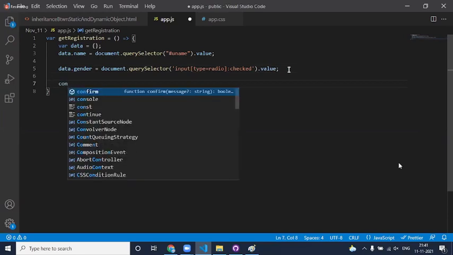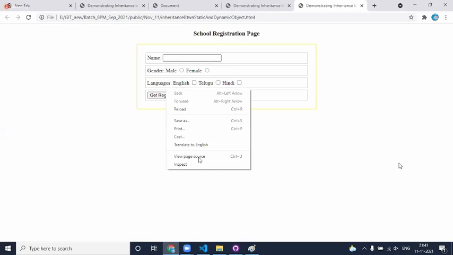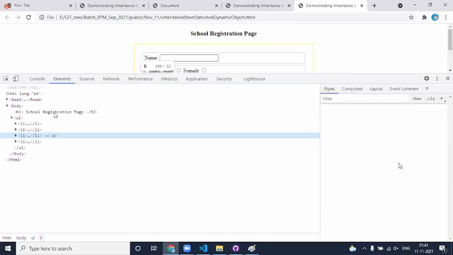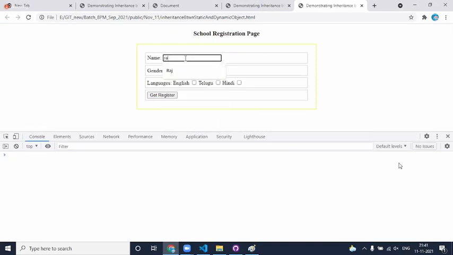Let us see what actually this is coming. I say console.log data. Inspect this, go to console. I say name Raj, gender male. I say register. Why is it not throwing anything?